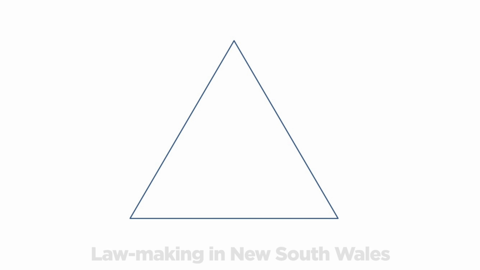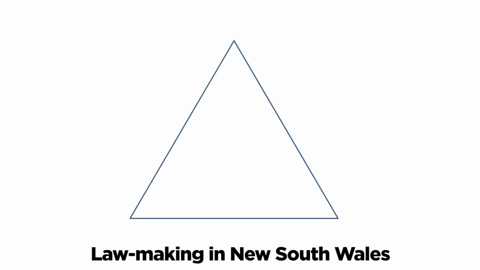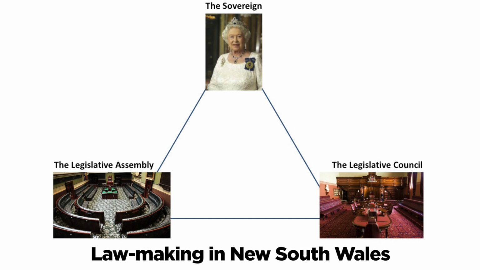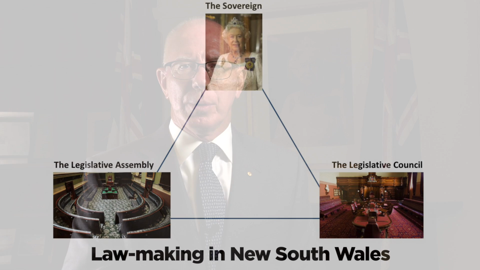The legislature, the law-making body in New South Wales, consists of the Queen, the Legislative Assembly and the Legislative Council. So the signature of the Queen or the Queen's representative must appear on the bill to make it law. In all other respects, the Governor exercises his or her powers in his or her own name in relation to the state. Under a host of Acts of Parliament, the Governor, as the administrator of the Government of New South Wales, is empowered to sign documents of all kinds, in order that they become legally enforceable and to progress the